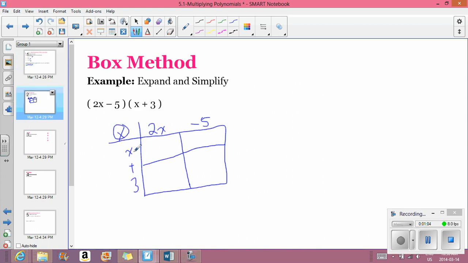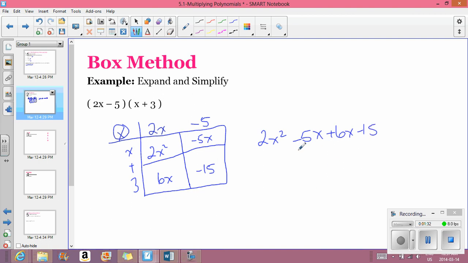This section, because we are always multiplying, this is multiplying polynomials, you're always multiplying these. You're going to do 2x times x. Remember your exponent laws. 2x times x is 2x squared. x times negative 5 is negative 5x. 2x times positive 3 is 6x. 3 times negative 5 is negative 15. So once you fill in all the sections in the box, you simply just take all the terms that you wrote